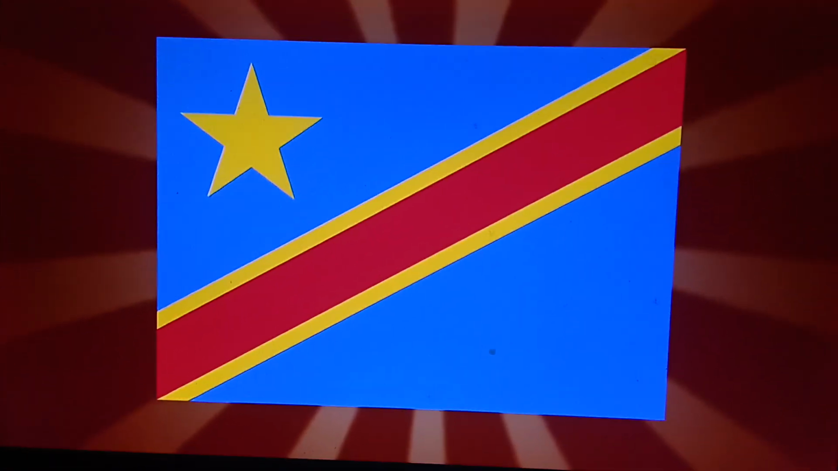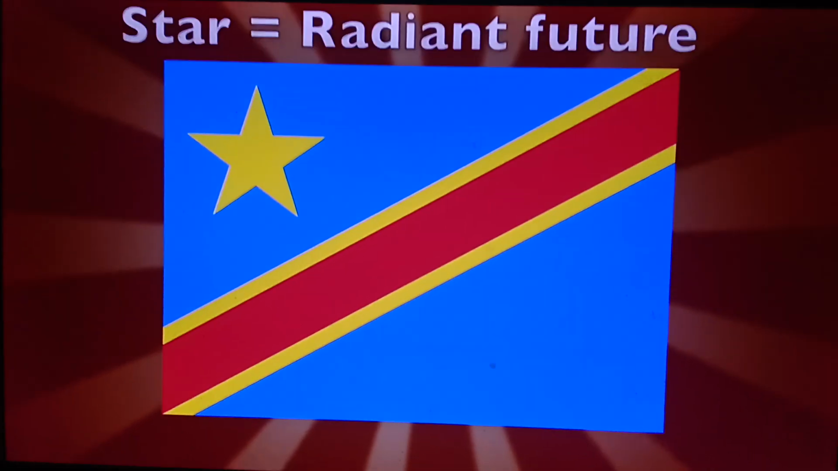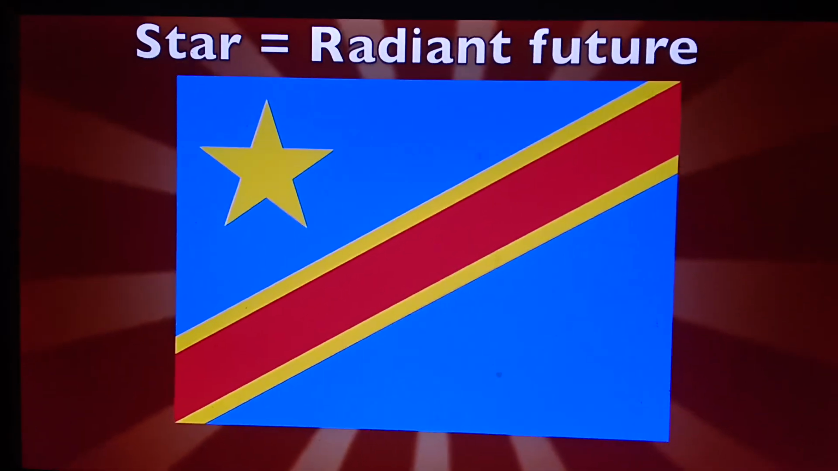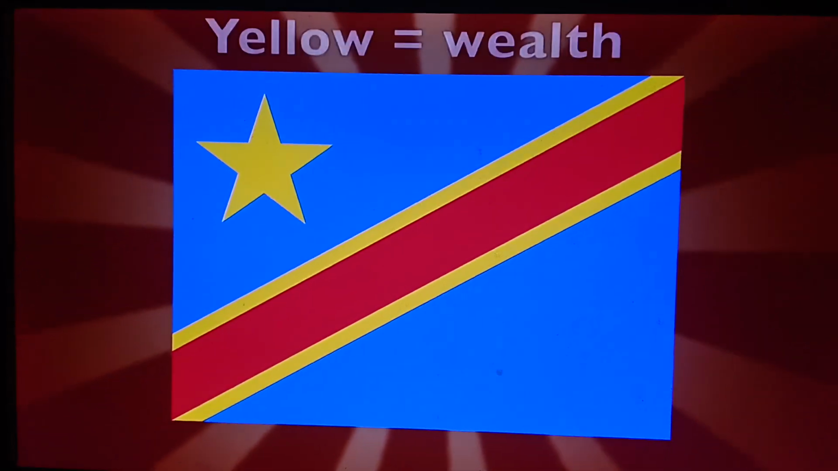The flag is a sky blue field with a yellow star in the left hoist side and cut diagonally by a red stripe with a thin yellow frame. The star symbolizes the radiant future of the country, the blue represents peace, the yellow frame wealth, and the red stands for...